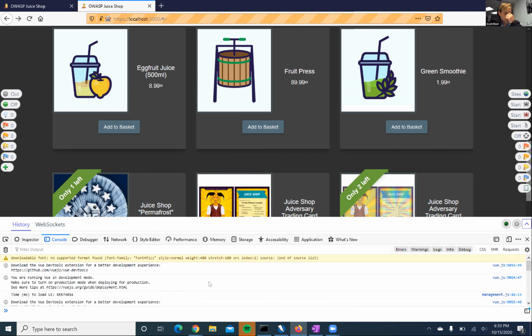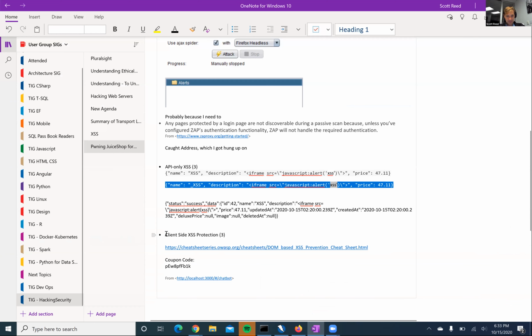No, but what I need to do is replace the packet. I need to replay it with the different payload with the XSS in quotes. Anyway, let's pretend we did that. Moving on. The next one, the final one, was client-side XSS protection.